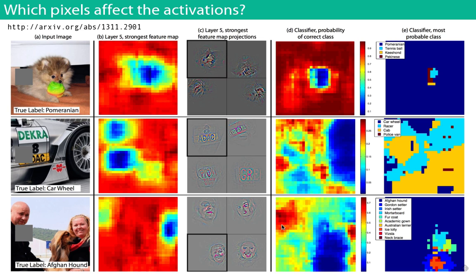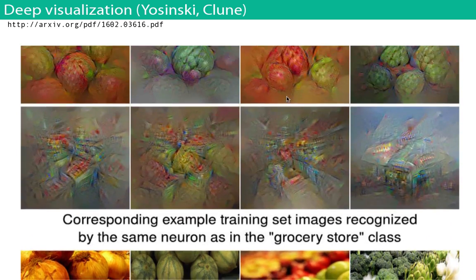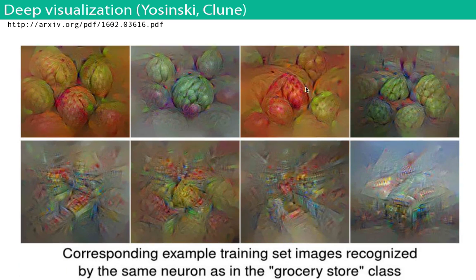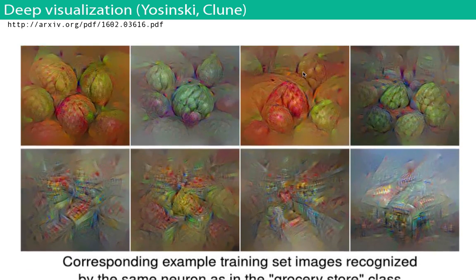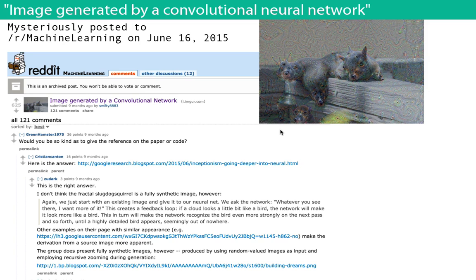Right? Because here it has a high probability. And the reason is maybe the guy's face is actually competing with the Afghan hound classification, so it's kind of distracting the network. So these are just different visualization techniques. This is what's called deconvolution and guided backpropagation. There's not enough time to really talk about these, so I'm gonna fast forward through them. These are very interesting in the research and definitely worth checking out.